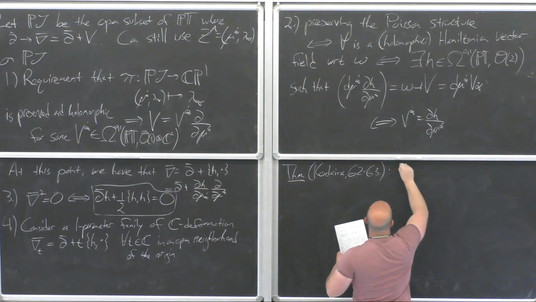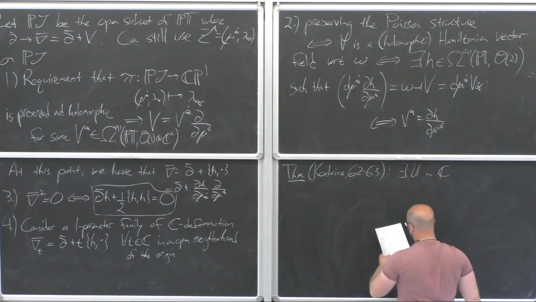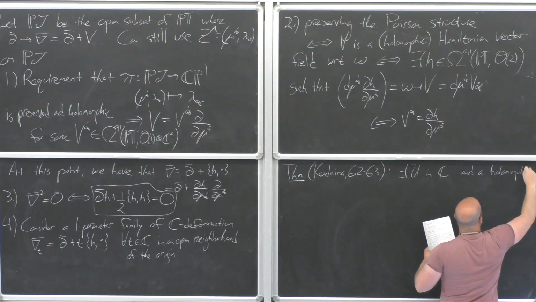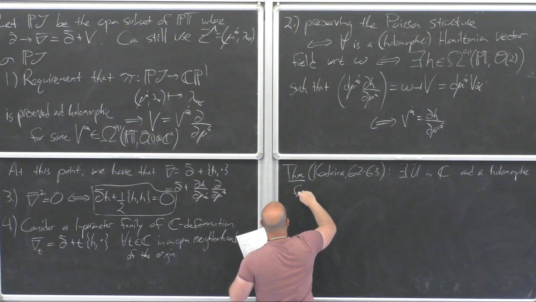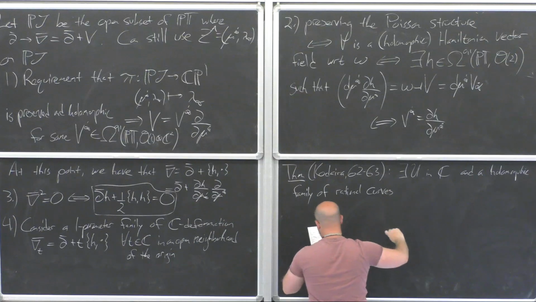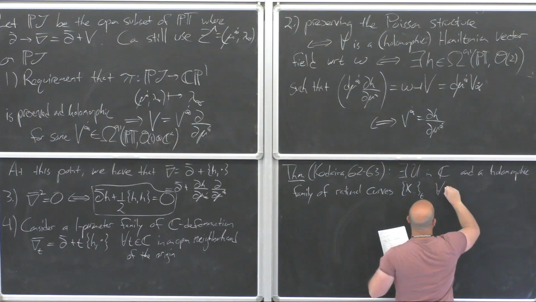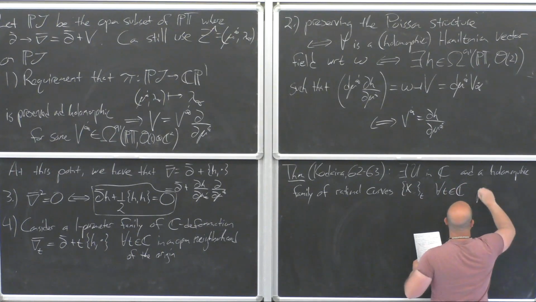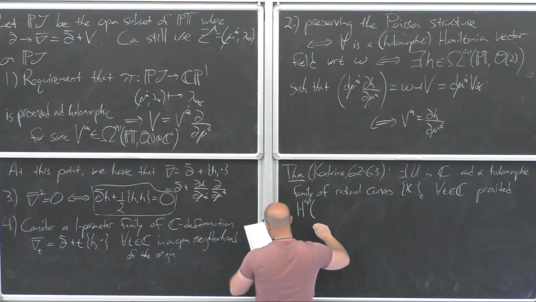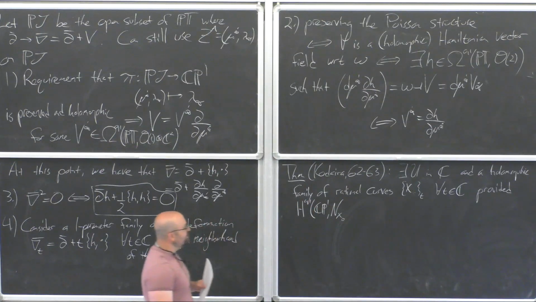So there exists some open set U in C and a holomorphic family of rational curves, let's call that family X sub t, for all t in this open set, provided the cohomology class H01 of CP1 taking values in the normal bundle of the curve in the non-deformed complex structure